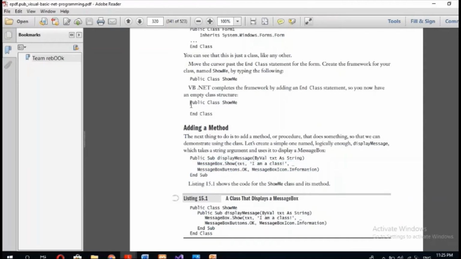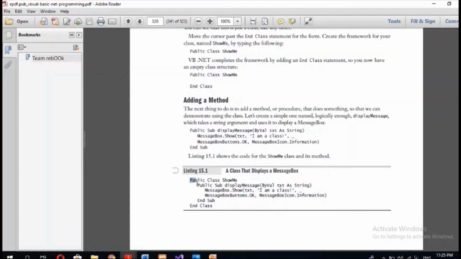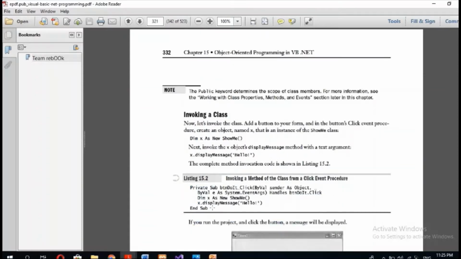So this is how you create a class: public class show me, the method inside ending with end sub, and then end class. This is how you create a class and a method inside the class. Now of course we have to use this class. For using this class we have to invoke it and use the different methods of the class.